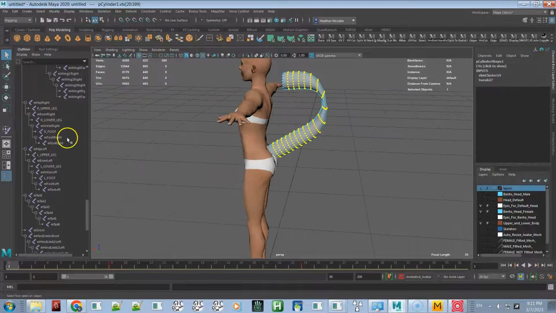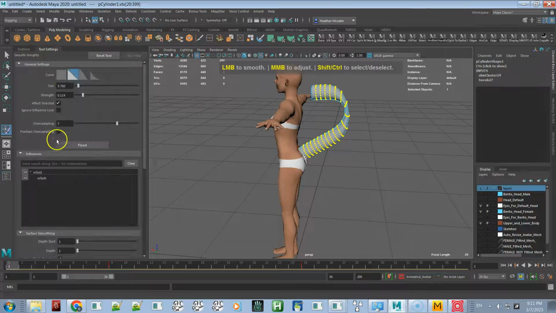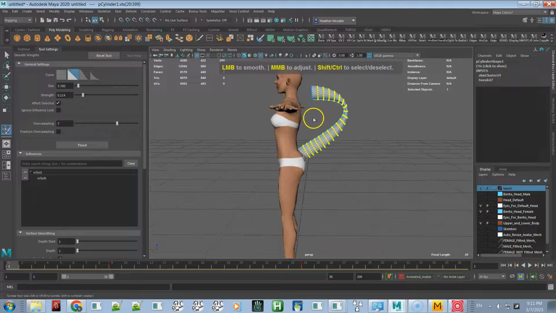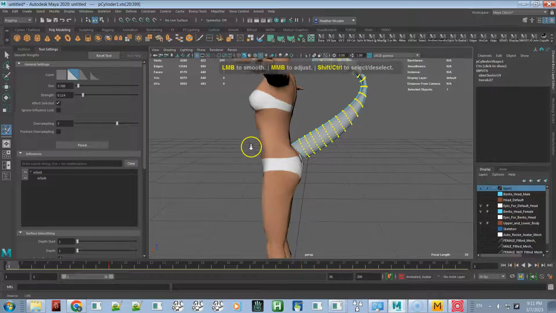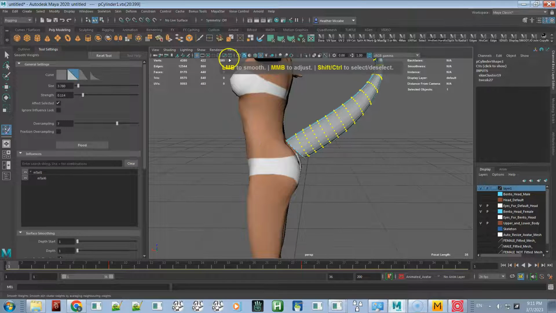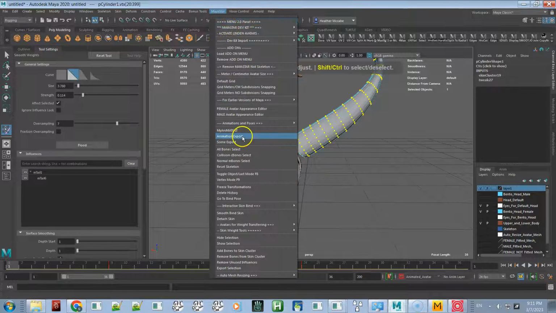Okay, and now I'm going to smooth it using that same tool. Go to Tool Settings. Just smoothing it, smooth, smooth, smooth. So now you have a nice smooth curve. Okay. The downside to this is, go to Bind Pose,